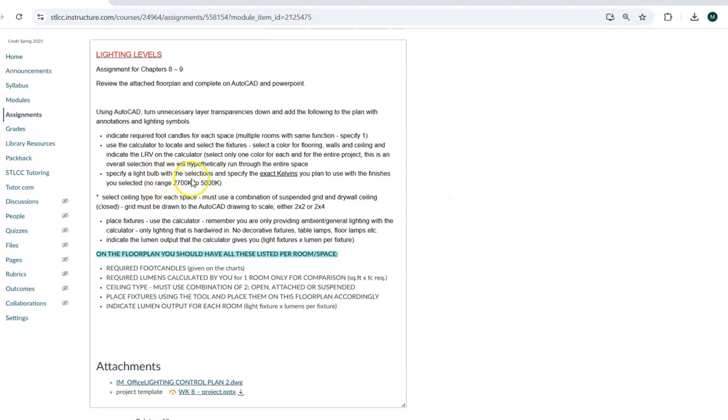Then you will specify a light bulb according to the selections you made. I want the exact kelvins. Even if you are using a bulb that has a range, I want you to tell me exactly what kelvins you would use for the space. Then select the ceiling type for each room. You will have to use a combination of two in this floor plan. You will have to have some suspended grid and some drywall ceiling,